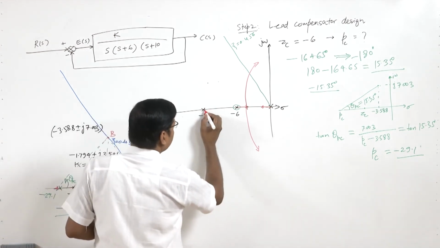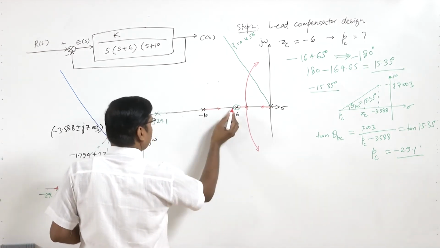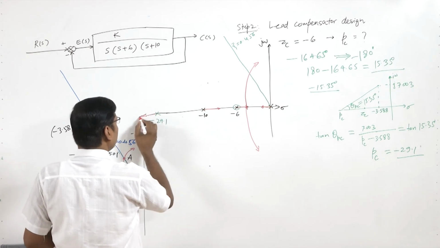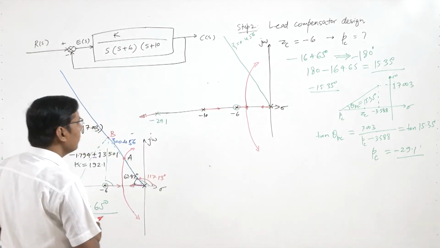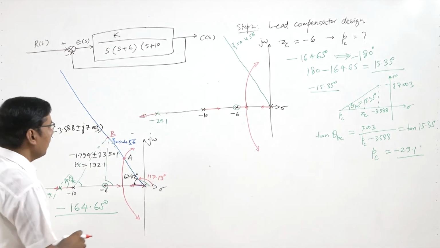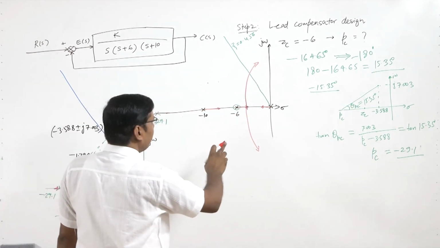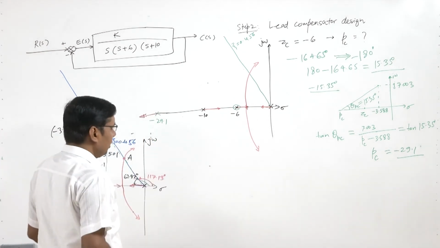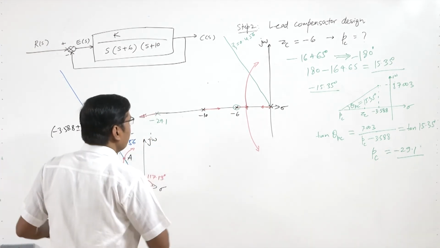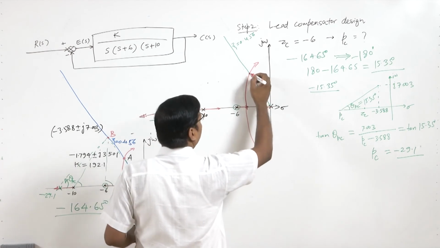The pole that may start here can lead to this point, this 0, and this may lead to infinity, because we have these three poles leading to infinite, because there are only one finite 0 here. So this locus here cutting at this point B